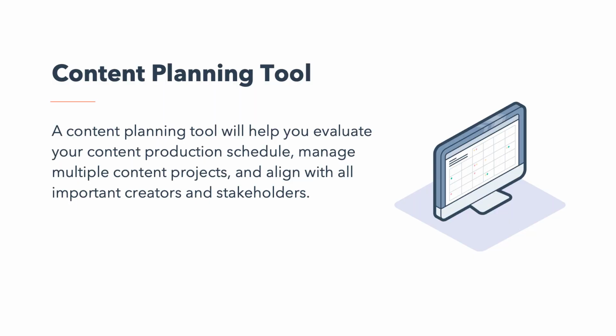You'll need 3 main tools, like a content planning tool, a CMS, and an analytics tool. A content planning tool will help you evaluate your content production schedule, manage multiple content projects, and align with all important creators and stakeholders. Many new teams start by using Google Sheets before adapting more robust tools, like Trello or Airtable. You can also use HubSpot's campaign since it includes calendar and tasks features that allow you to collaborate and